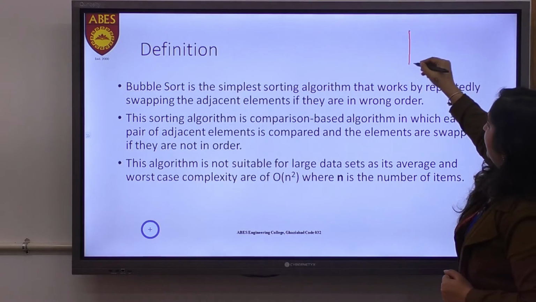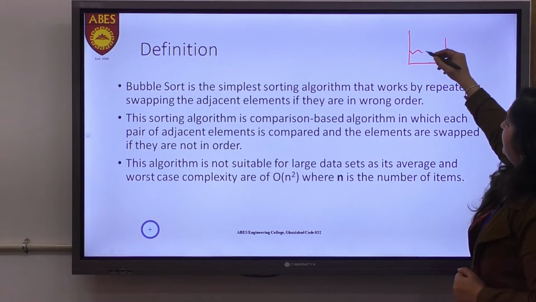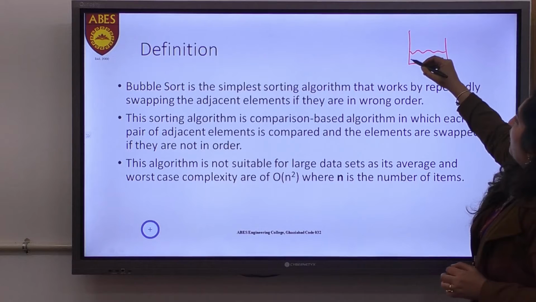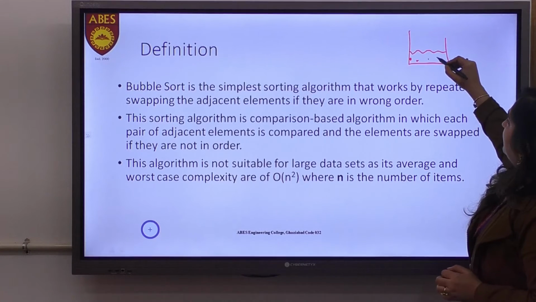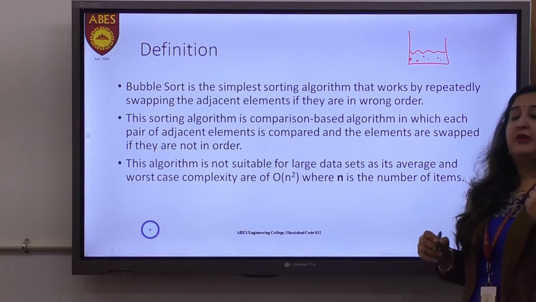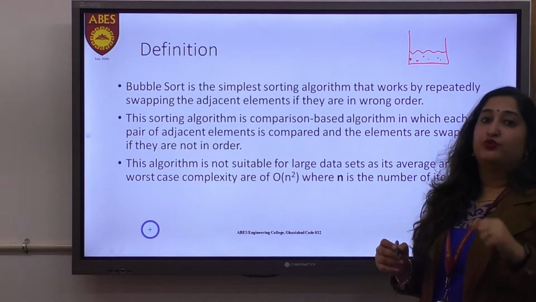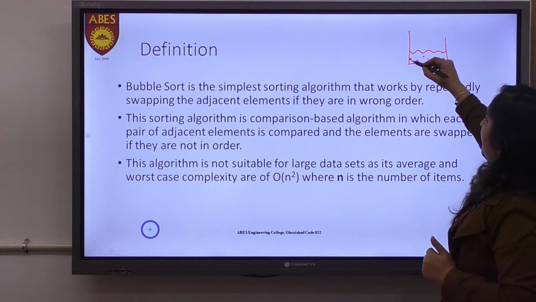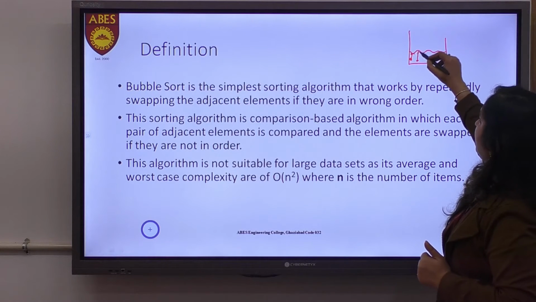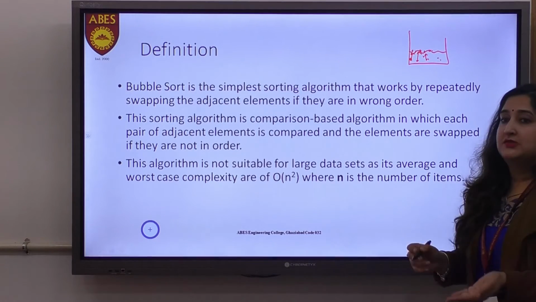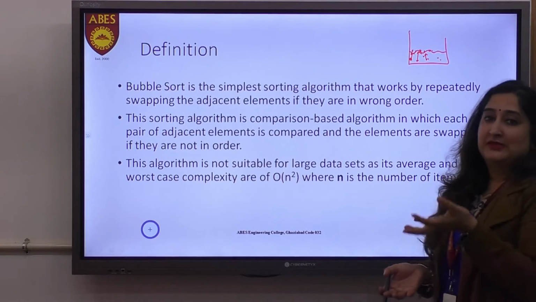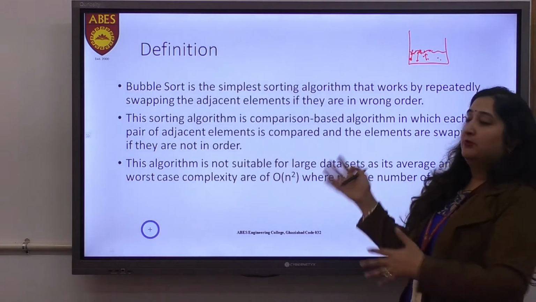If I have a bucket and there is some liquid in it, then all the bubbles in this liquid, maybe of aerated CO2 or O2, will rise to the top. All the bubbles will rise to the top in the end, giving us the liquid at the bottom and the bubbles at the top. That is the concept behind bubble sort.